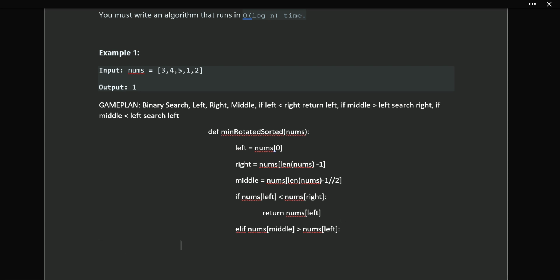And what we'll do here, if that's the case, if this middle number is greater than the number on the left, after we've already established that the number on the left is greater than the number on the right, then we know, hey, let's search the right. So we'll say for num in nums from middle to the end of this sectioned off array, and we'll just simply say, okay,